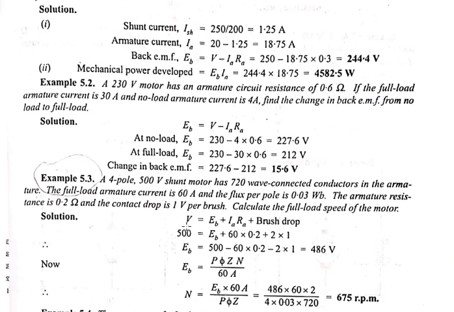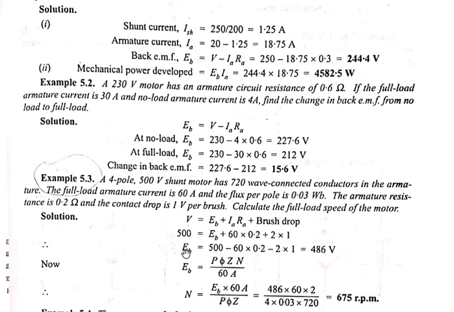So in case of a shunt motor, the relation is V is equal to, if you start from the connection side, IARA, then comes the brush drop plus IARA plus EB, or V is equal to EB plus IARA plus brush drop. So except EB, all the values are given as discussed here. Substitute those values, you get EB as 486 volt.